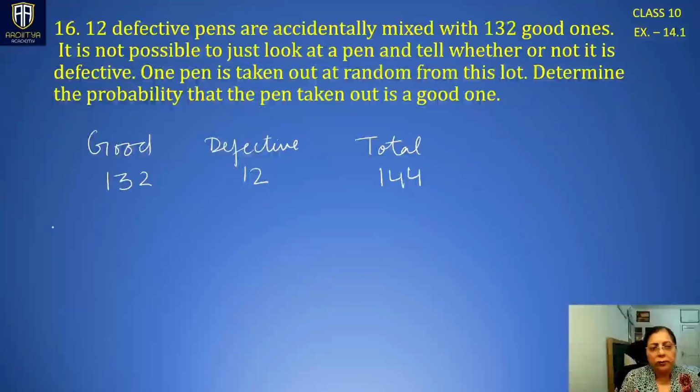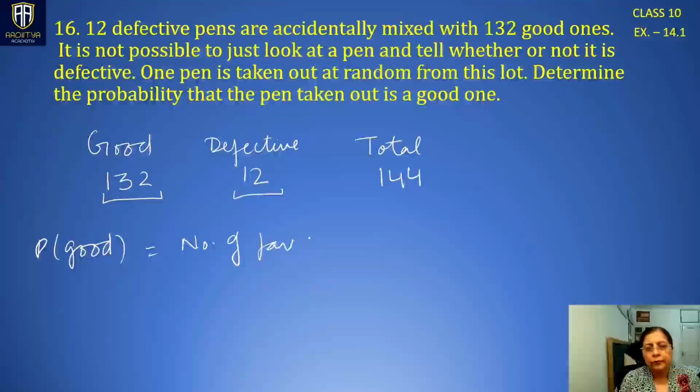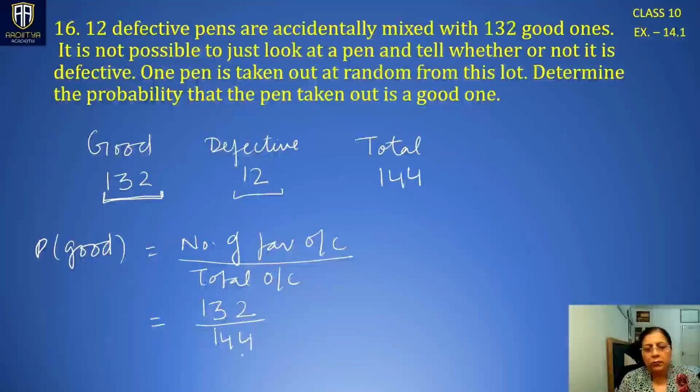Now the whole lot of the pen is 144, out of which 132 are good ones and the 12 are defective ones. If one pen is drawn out randomly, what is the probability that the pen taken out is good? So we have to write number of favorable outcomes upon total outcomes. So here the good ones are, how many are they in count? 132. Good ones are 132 in count and total are 144 in count. Probability of drawing good pen becomes,